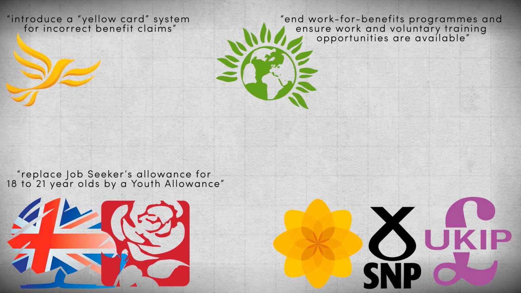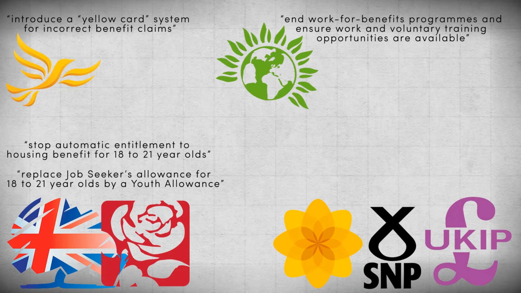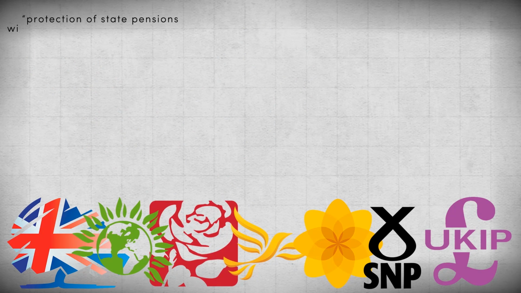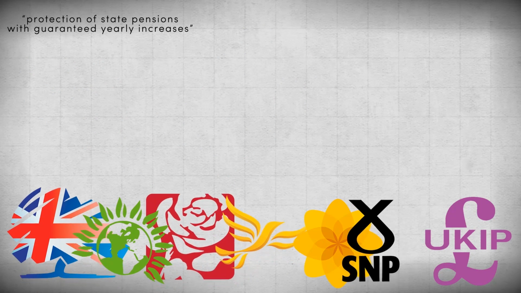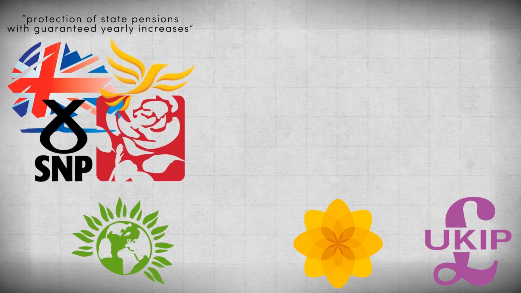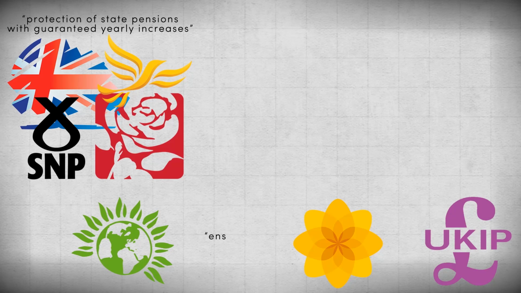The Conservatives would also stop automatic entitlement to housing benefit for 18 to 21-year-olds. The Greens would set up a living rent commission to explore controls on rental prices. Protection of state pensions with guaranteed yearly increases is being proposed by the Conservatives, Labour, the Liberal Democrats and the Scottish National Party, whilst Plaid Cymru says it will ensure a living pension for all,